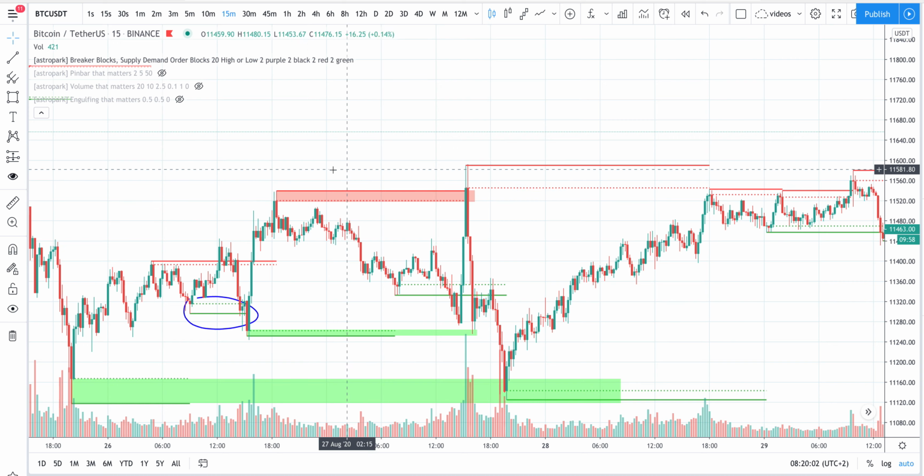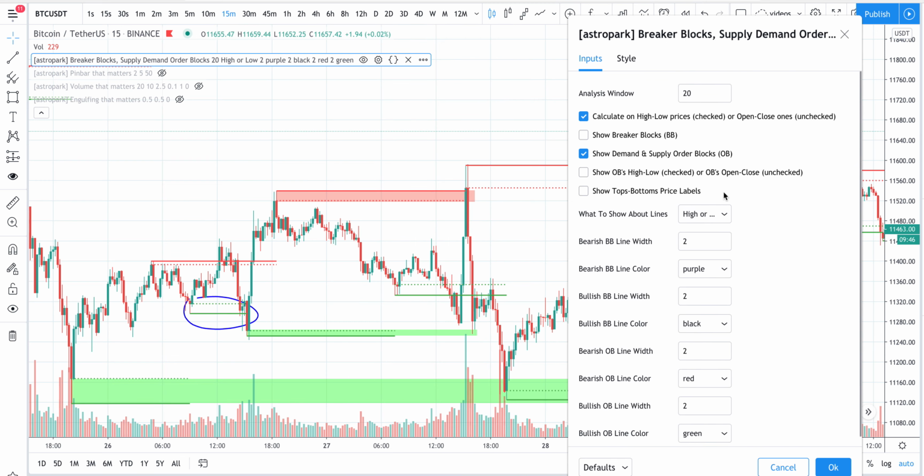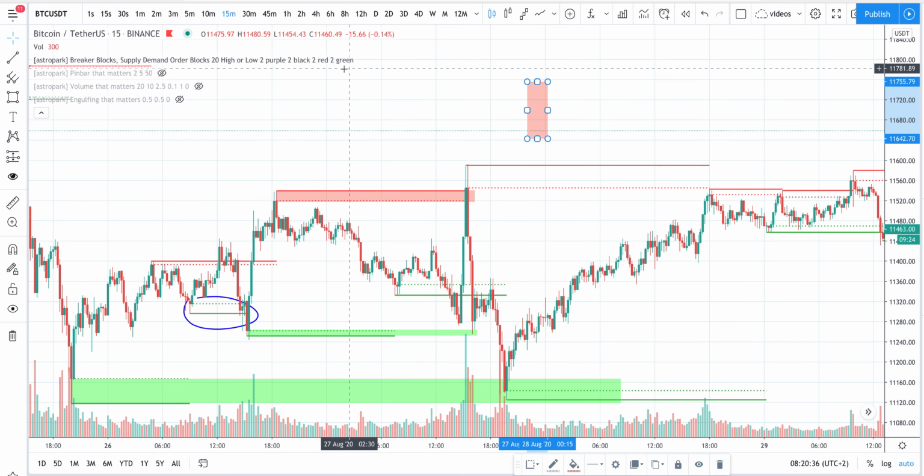We can customize also how the supply and demand zones are drawn. For example, currently what is shown is the high to the low plus the close. Okay, so you should know that if this is a candle,